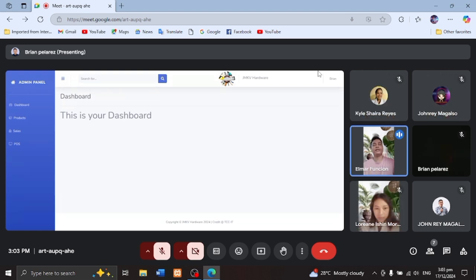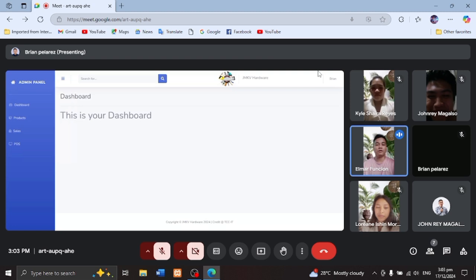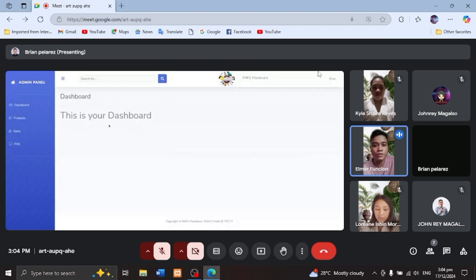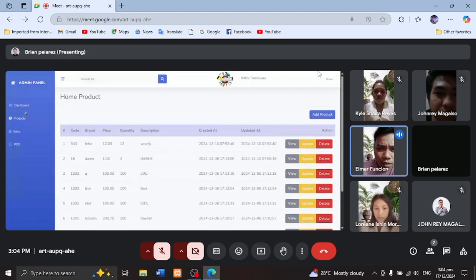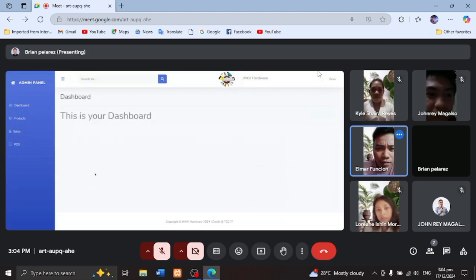Here we're going to see the admin portal. As you can see, this is the dashboard.